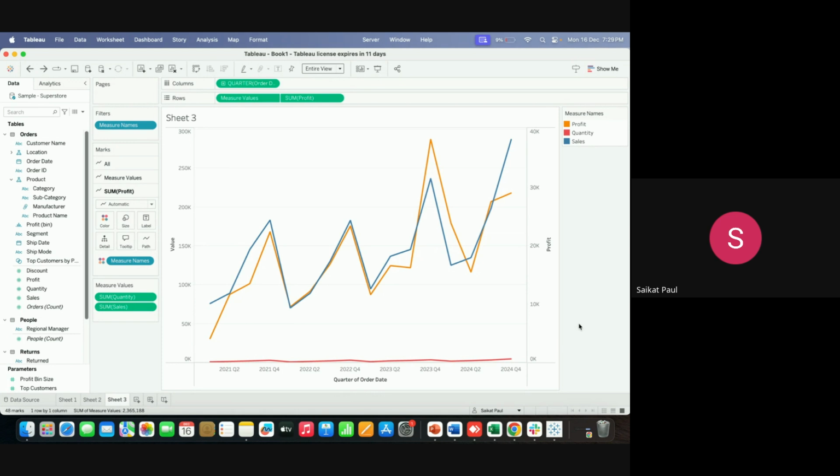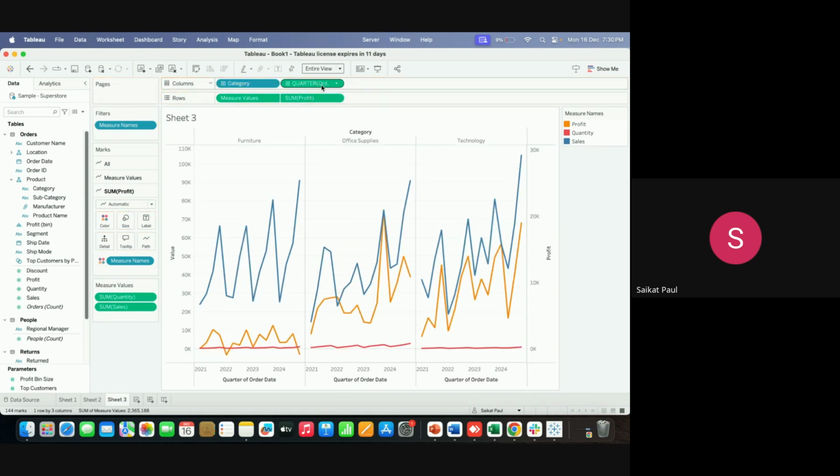So what you have seen is I can prepare a line chart, and instead of just two measures, I can take three measures and I can prepare that chart, which normally you will not have here. Now, if I bring in another dimension here, what will happen? Let's say I bring in category to this portion. So based on category, I'll have separate